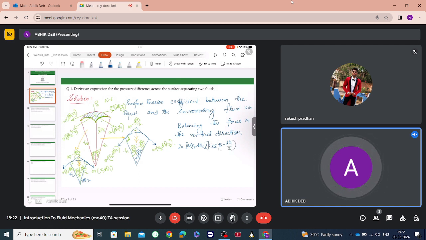This component of the force is acting in the vertical direction, in the downward direction, plus similarly from here sigma r1 d theta 1 and the cos of 90 minus d theta 2 by 2 component of force will be acting in the downward direction, and this will balance the